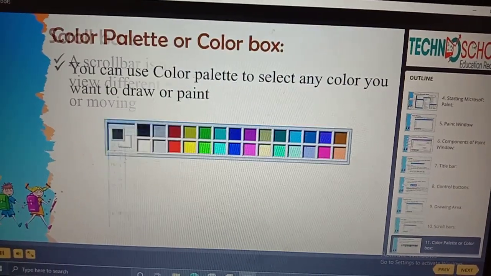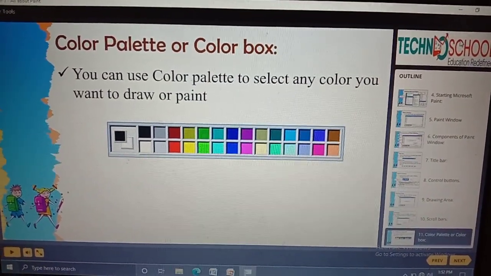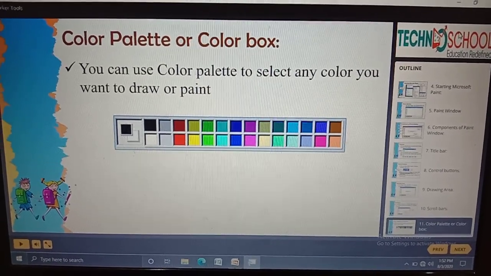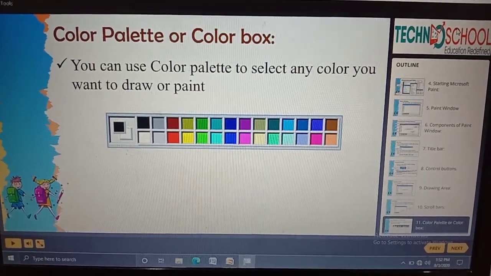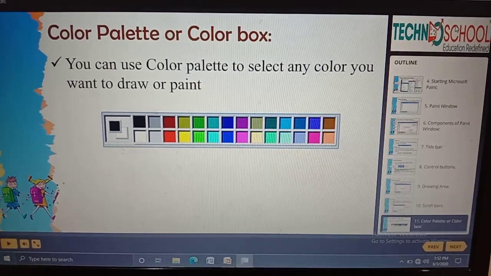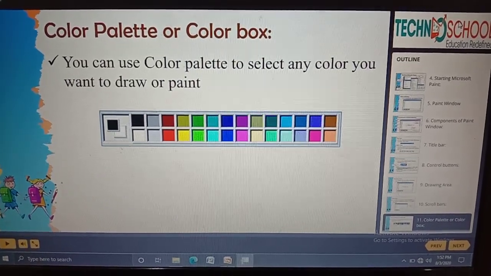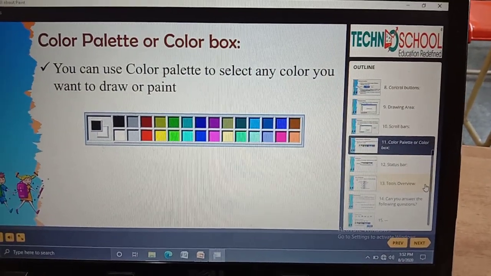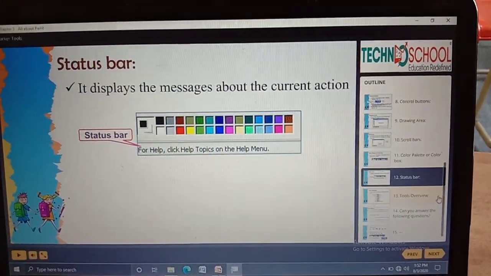Okay. Next is the color palette. In the color palette, we have a list of colors. Based upon our interest, we can select any color for our drawing or our painting. Okay. Next, we are going to learn about the status bar.